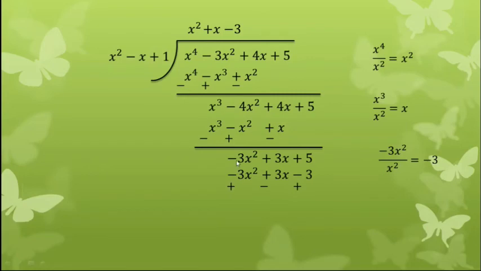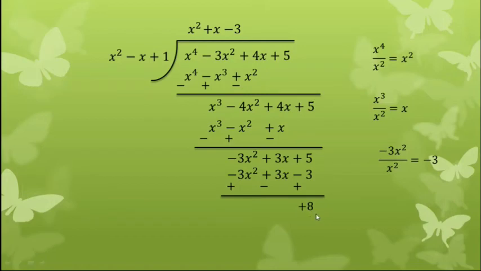Now again minus 3x square, so we need to change the symbol first. So minus 3x square will be converted into positive, and plus will be minus, and minus will be positive. So the first terms both cancel, and plus 3x minus 3x also cancel, and 5 plus 3, that is 8. So 8 is the remainder here.